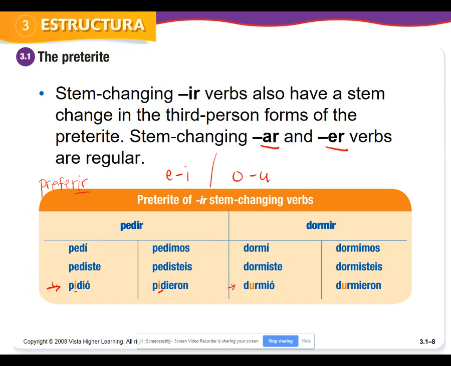It was an IR verb, and it was one of those that was kind of an exception from E to IE in the present tense. Now it's going to be an E to I in the preterite. All of your O to UE verbs are going to go O to U in the preterite, and again, it's only happening in third person, guys. It's actually pretty simple. Yo dormí, tú dormiste, él durmió, dormimos, dormisteis, y durmieron. Hopefully you guys can hear a little bit of that. I probably said that a little faster than I should have, but that small sound difference in pronunciation with these verbs.